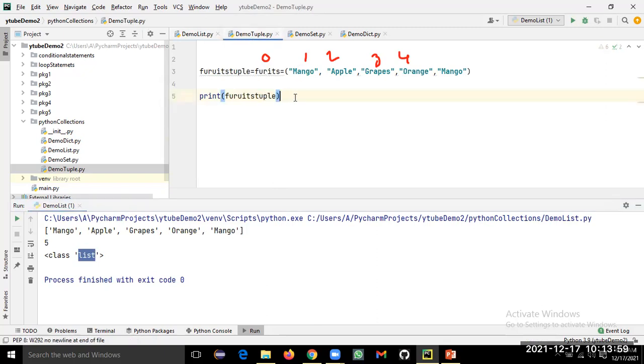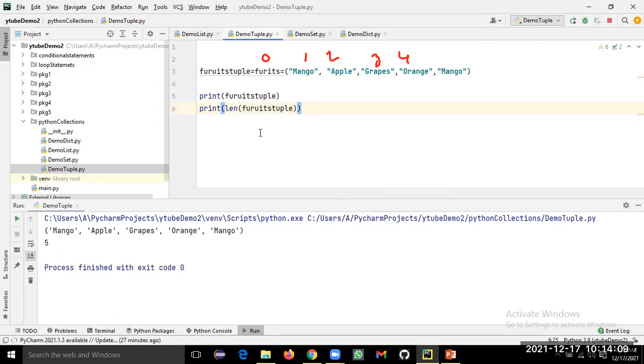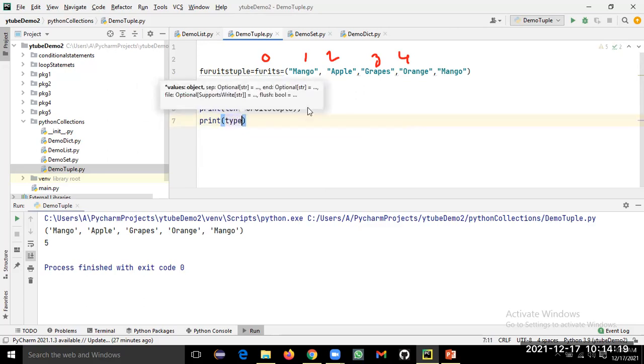If you want to work with the tuple, this len function is also applicable here. You want to know the length of the tuple, so you can just use this len function. Again, this length is 5. This is a tuple. Let's say you want to print the type of this tuple. You have to use this type function.